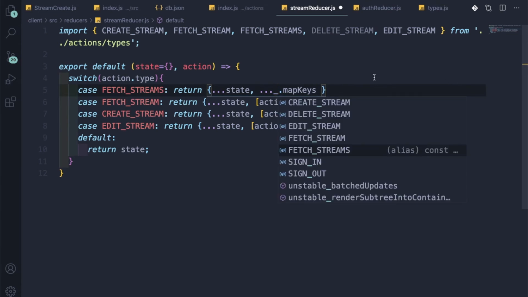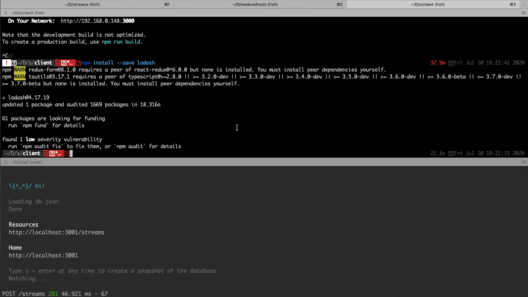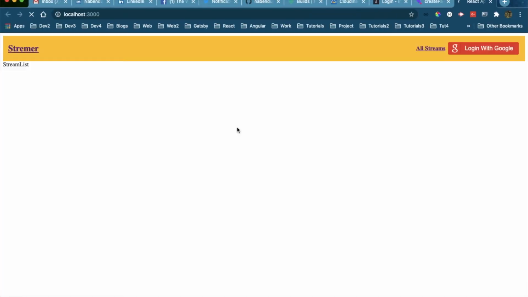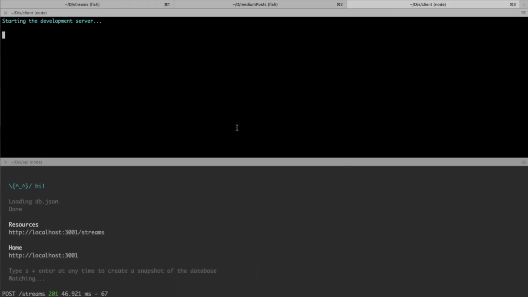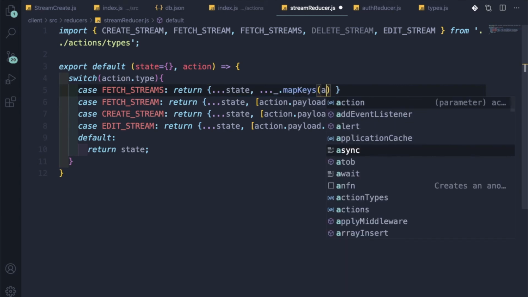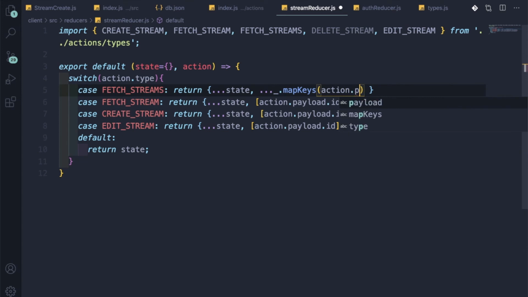Underscore dot map keys. Let me do npm start, or it is not showing me what will come in the map keys. Let it get started first, then I will move forward. Yeah, it is getting started. So let me move forward, map keys, and it will take this action dot payload comma id,